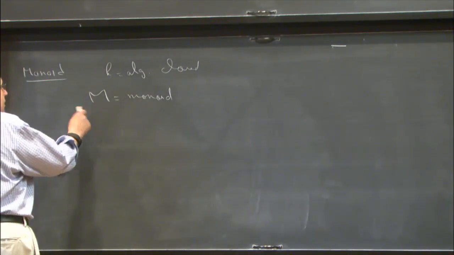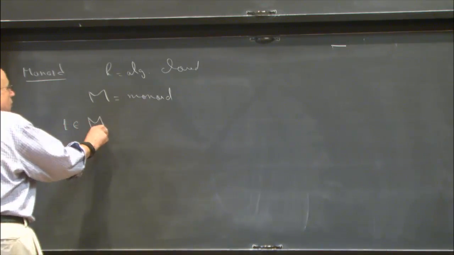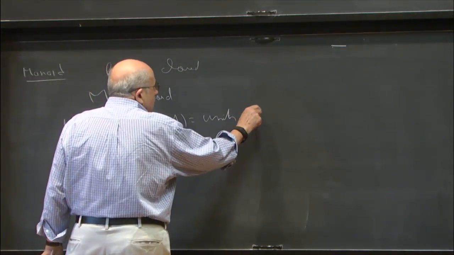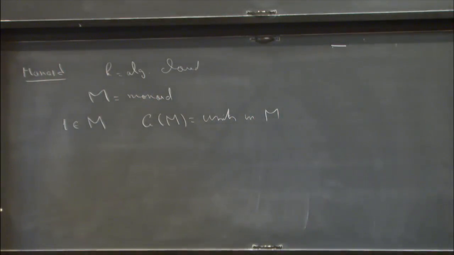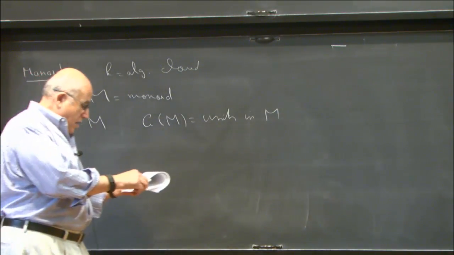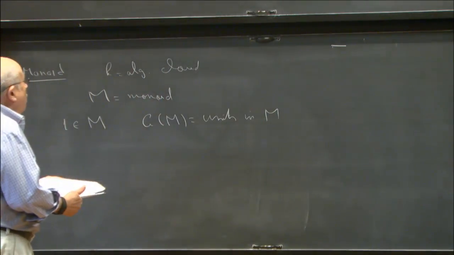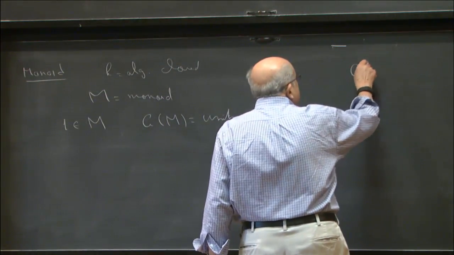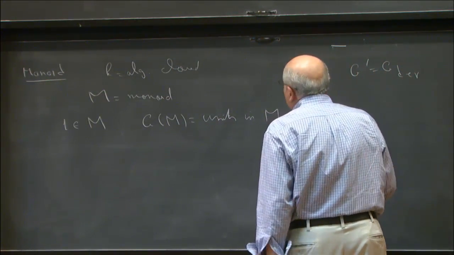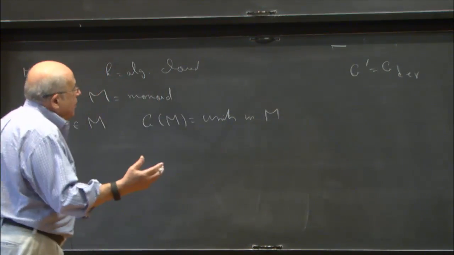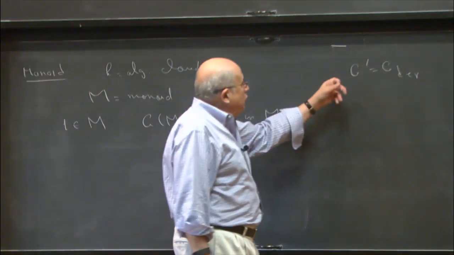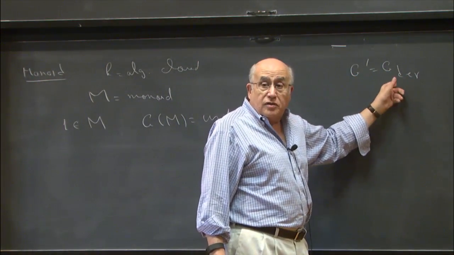And then, if one is in M, you can talk about G of M to be the units in M, and we will say M is reductive if G of M is reductive. So the similar things that he defined. The point is that you want to fix G prime to be the derived group of G, and you want to show that if you fix your G prime, you can produce all the monoids which contain G as their units, for which G prime would be the derived group of G.